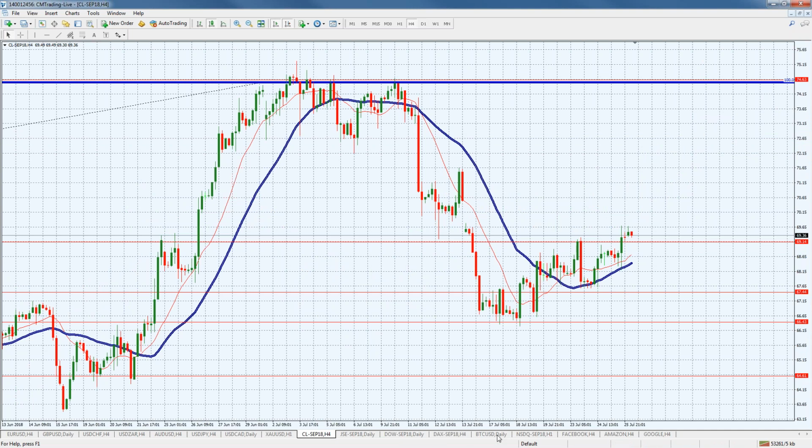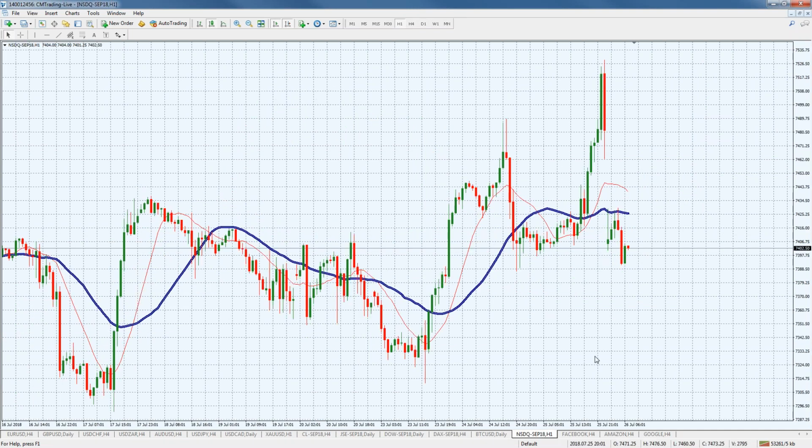Now, jumping into the NASDAQ, all right? The NASDAQ represents all the high-tech stocks in the United States, like Facebook, Amazon and Google. I've been mentioning this before. As you can see here, this is after-hours trading. The NASDAQ futures trade 24/7, so you won't be able to see this in Facebook, but Facebook got hit with a lot of regulatory oversight from the government in respect to some of their policies and the way they conduct business. And the stock pummeled